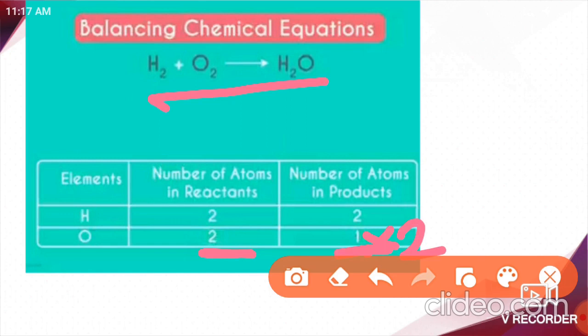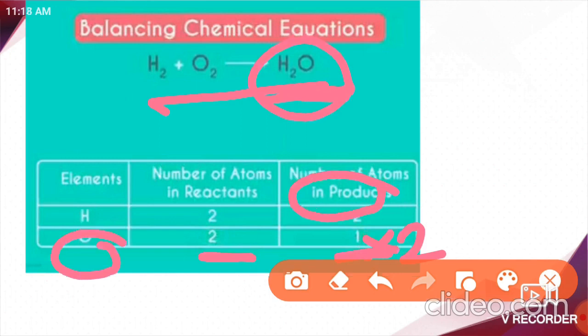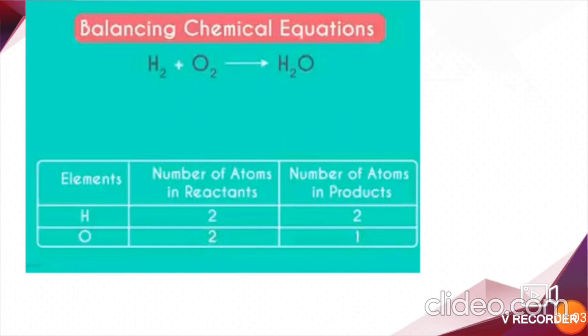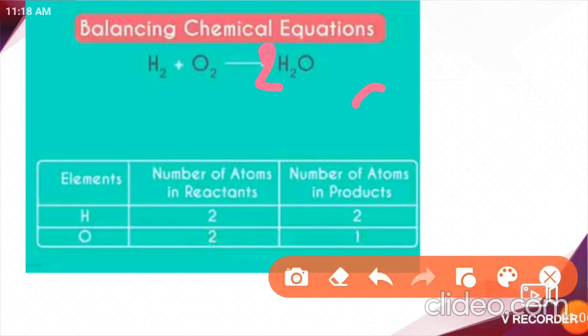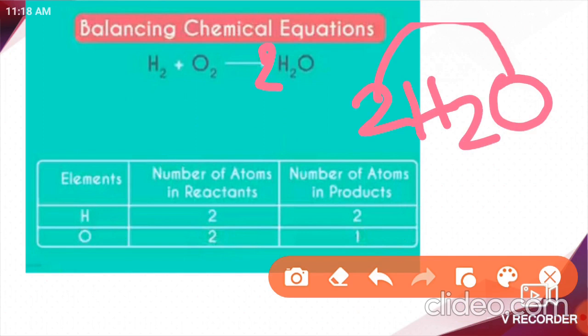See, where I multiplied in the product side. To what did I multiply? For oxygen. In the product where is the oxygen present? Here, right? So for that, write this 2 in front of water like this. Like this, you need to write. Okay. Now the number of oxygen atoms becomes 2. After writing this 2, the number of oxygen atoms in the reactant and product gets balanced.